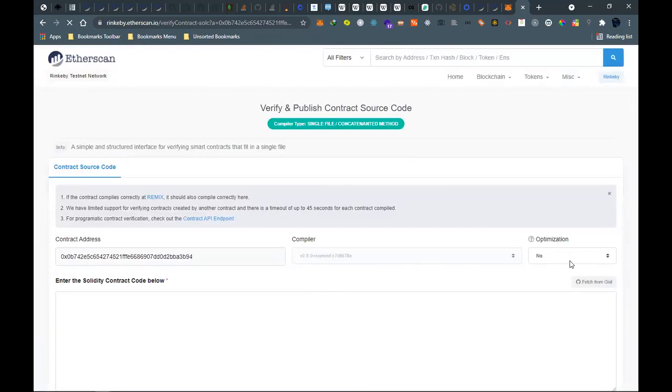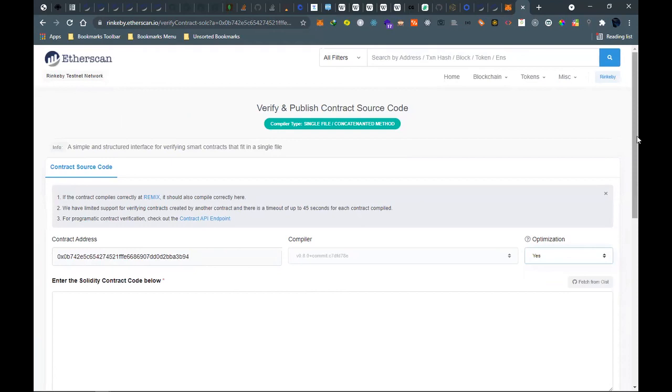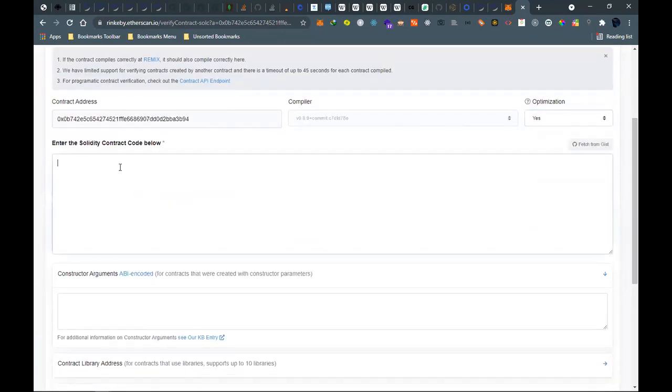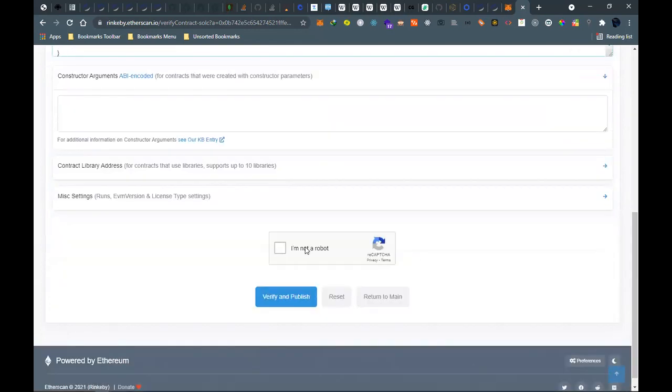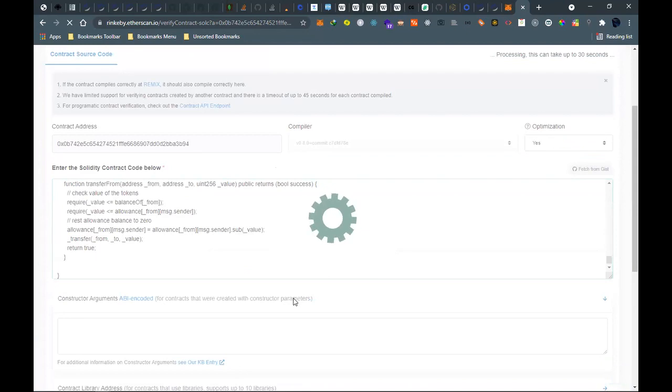It's optimized, yes. And then paste our code there, and then we submit. Let's see if we'll be able to verify, so that we can see some of these functions like transfer.